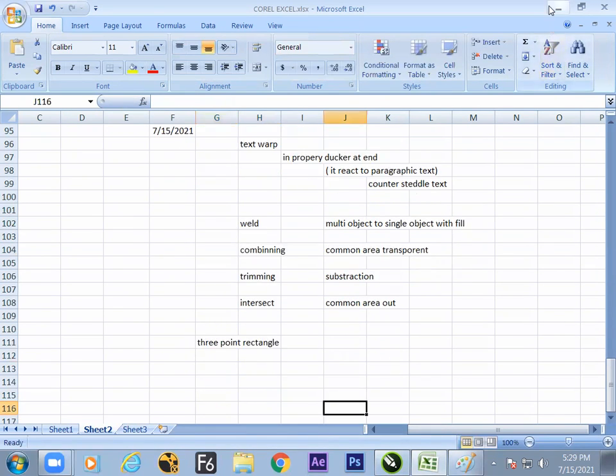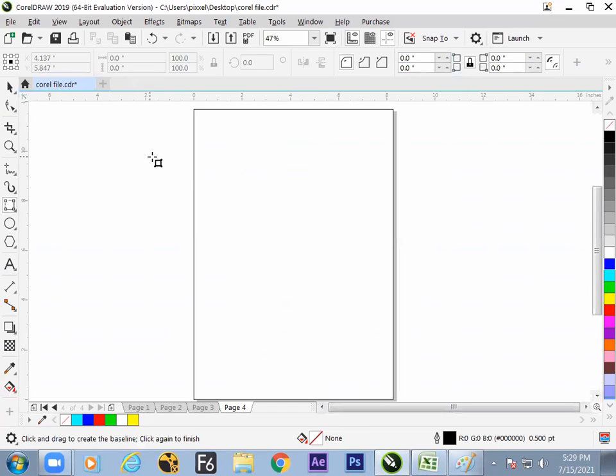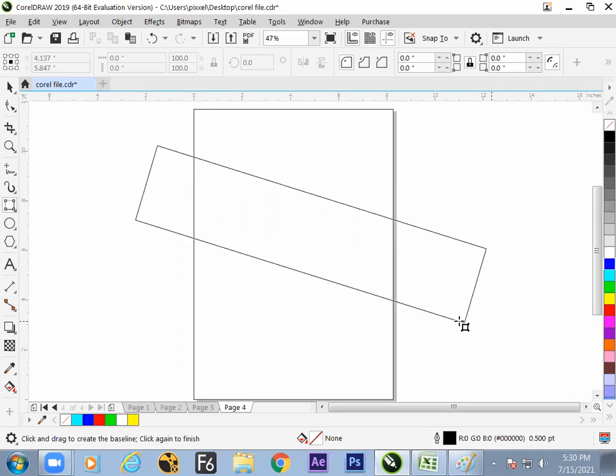Inside the 3-point rectangle, the method of working is very nice. Click and drag, and while dragging, set the angle in which you want the rectangle. But in the rectangle tool, you only drag horizontal or vertical. Here, angular dragging is allowed. Click and drag angularly. Once you finalize the angle, leave the cursor, then drag. So hope we have understood how to make an angular rectangle with the help of the 3-point rectangle.